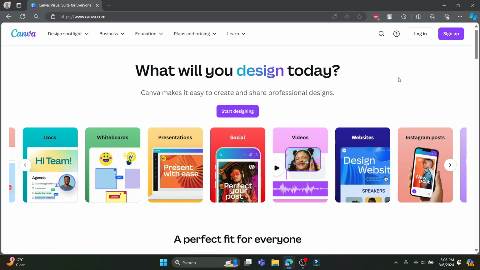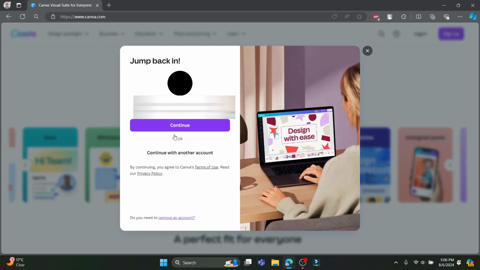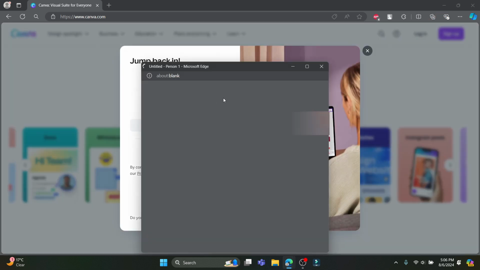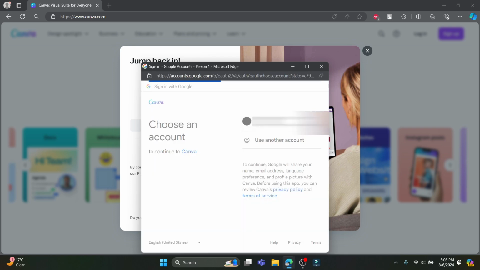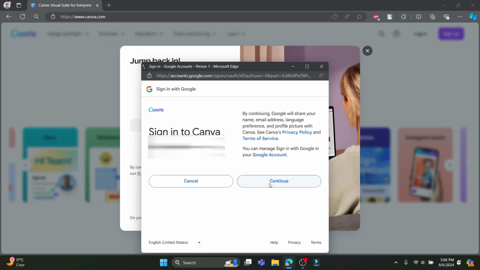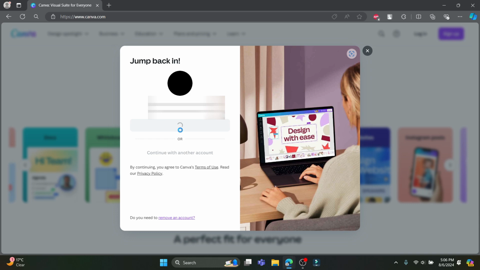Step 1 is designing stickers on Canva. First of all, go to Canva's website and log in or sign up for a free account. You can see sign up if you don't have an account yet. You can sign up and register for Canva now, or else click on login, click on continue, and log into your Google account. Go ahead and select your Google account, click continue, and give the authorization to Canva